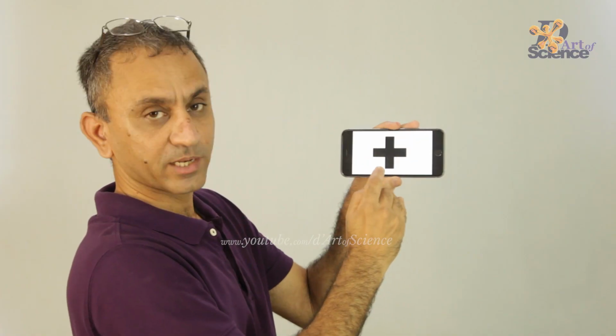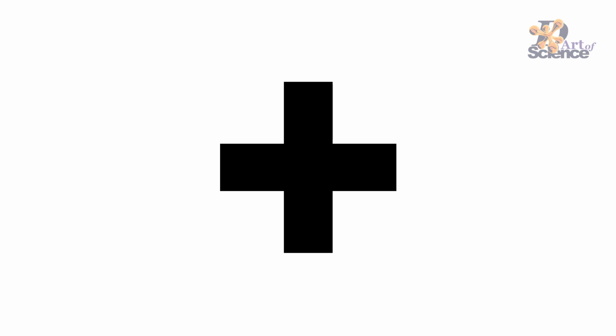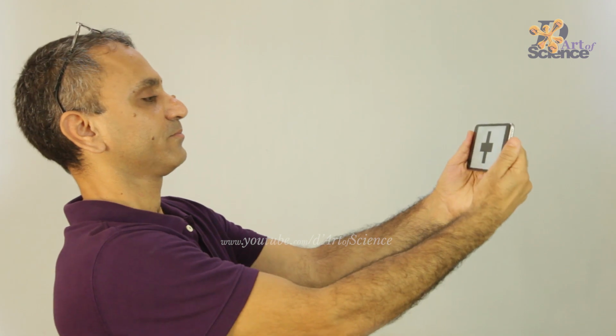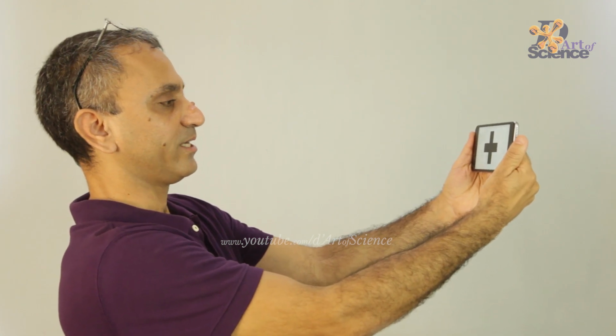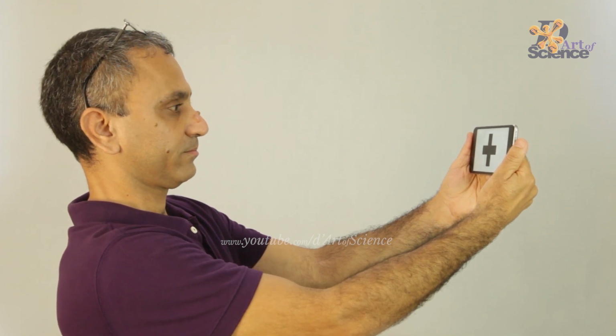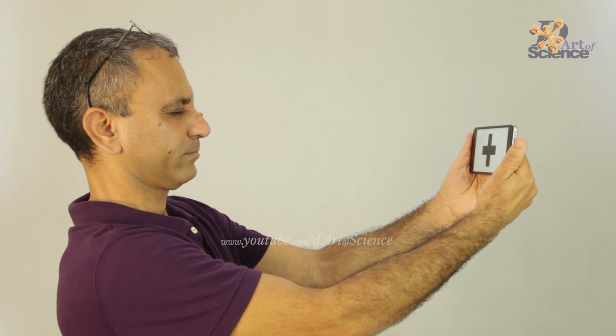Persistence of vision is the optical illusion of seeing an image after the object has been removed from the sight and its rays are no longer coming into the eyes. These images stay on or persist for around 1/16th of a second even after the object has disappeared from our sight. So pause the video at this plus and stare at it for some time, and then you shut your eyes and you'll still be able to see the plus for a little while. That's an example of persistence of vision.